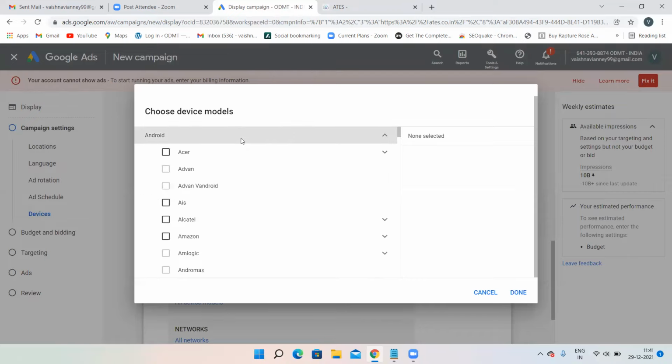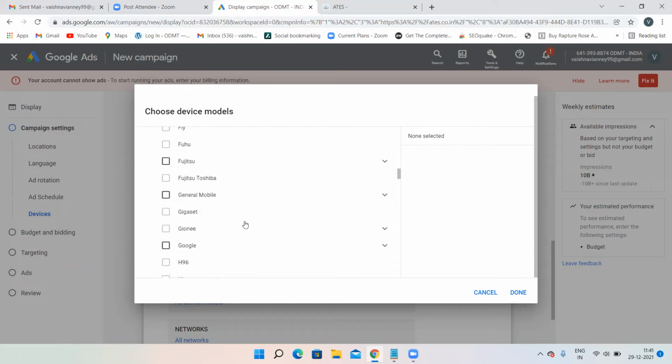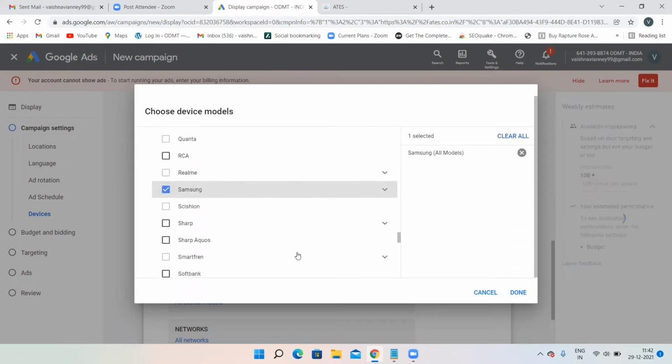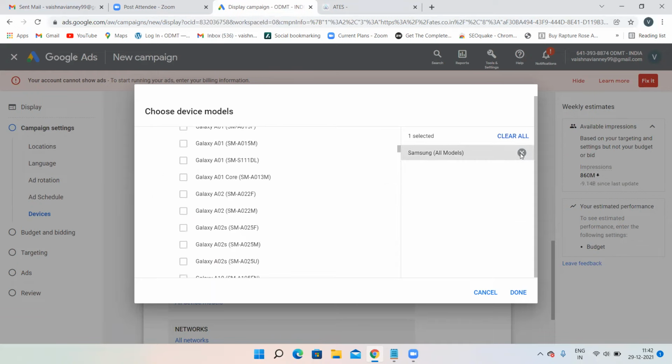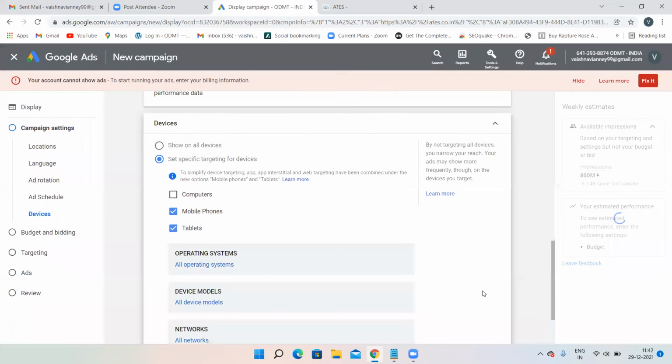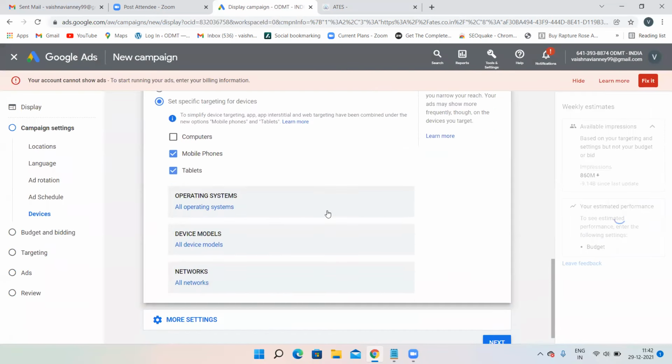If you select Android, then in Android whatever you want to select, you can select the particular one. For iOS users, your advertisement is not going to appear. So it's up to you. In Samsung also, if you click on the drop down, a number of models will appear. Then you can select that particular model on which you want to show. This kind of customization can be done within display network and in YouTube, that is, video network also. Display network and video network are completely similar. The only difference is here you are uploading images, there you are uploading a video.